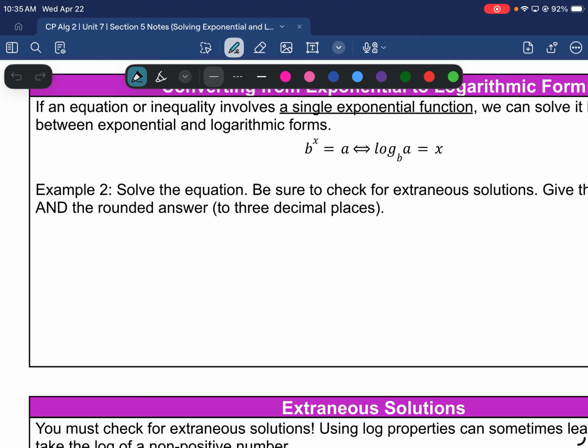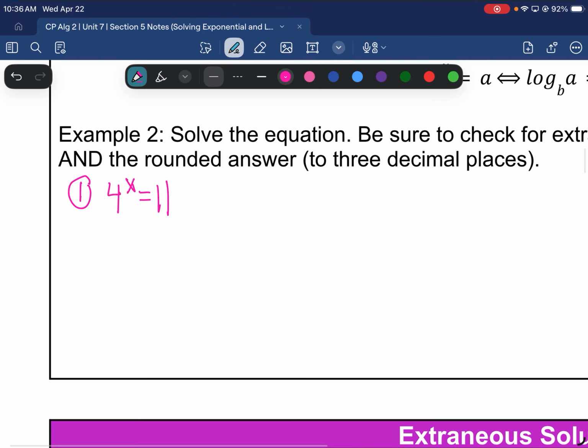Okay, so here it is. What do I want? 4 to the x equals 11. Now this is something you're going to use your calculator for, because 4 to the something power is never going to equal exactly 11 if x is a whole number, right? It's going to be a fraction. It's going to be kind of a crazy looking number. So what I want you to do first is convert it to a log. So what would it be? Log base what? Yeah? 4 of 11